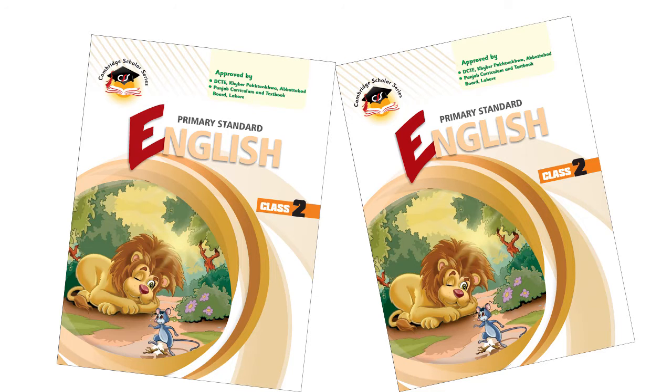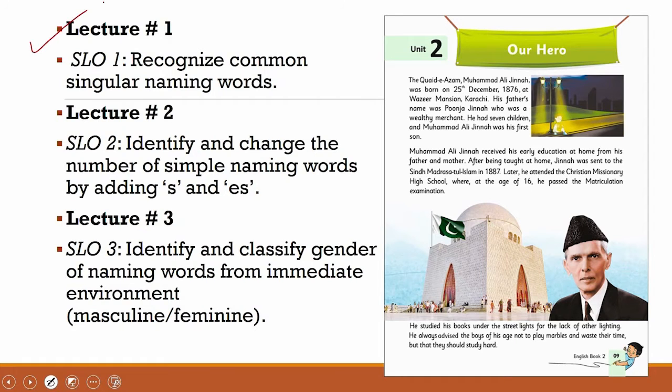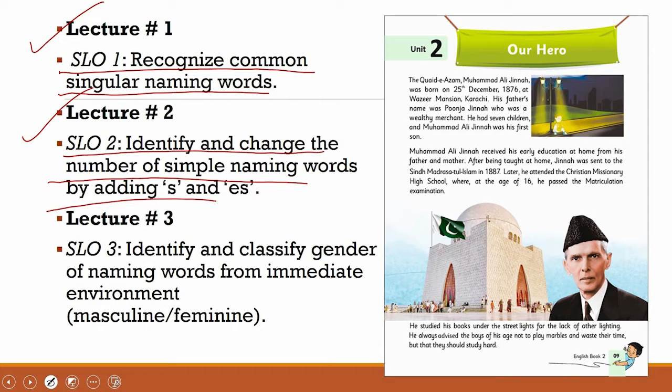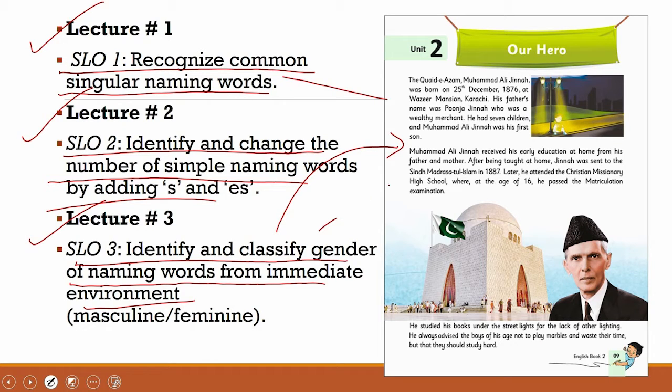The resources you need: the English textbook for CSS Class 2. Let's have a quick recap. Lecture number 1 was done about recognizing the common singular names. Lecture 2 was about identifying and changing the number of simple naming words. Lecture number 3 was about identifying and classifying gender of the naming words from immediate environment. And you were also instructed to read this chapter each time for every SLO and find the relevant content from